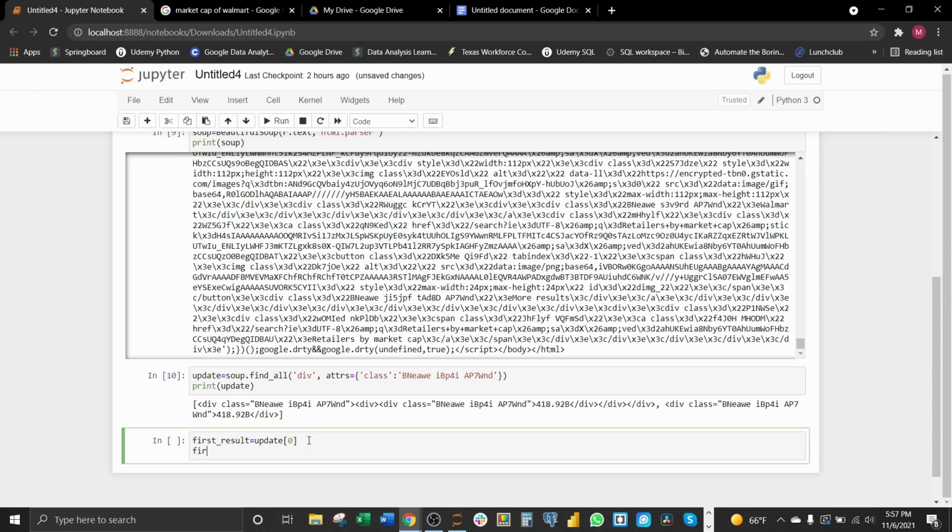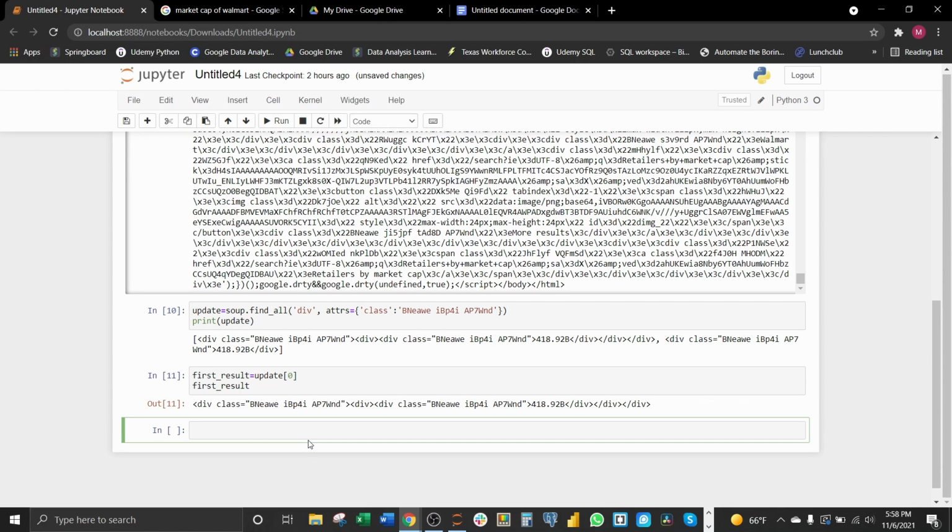And then we're going to print first result. And then you can see it took that, ignored any other divs, and then result equal first_result